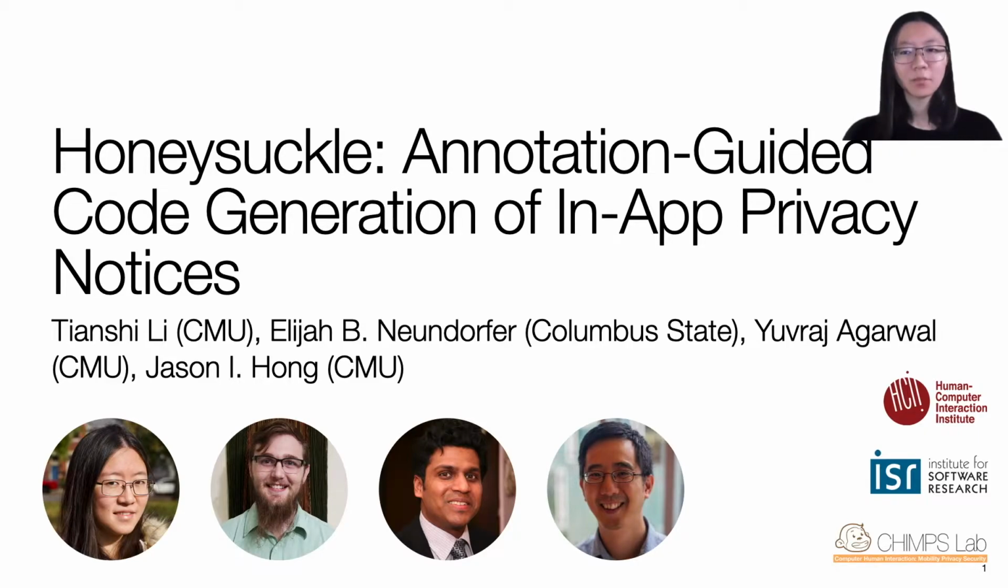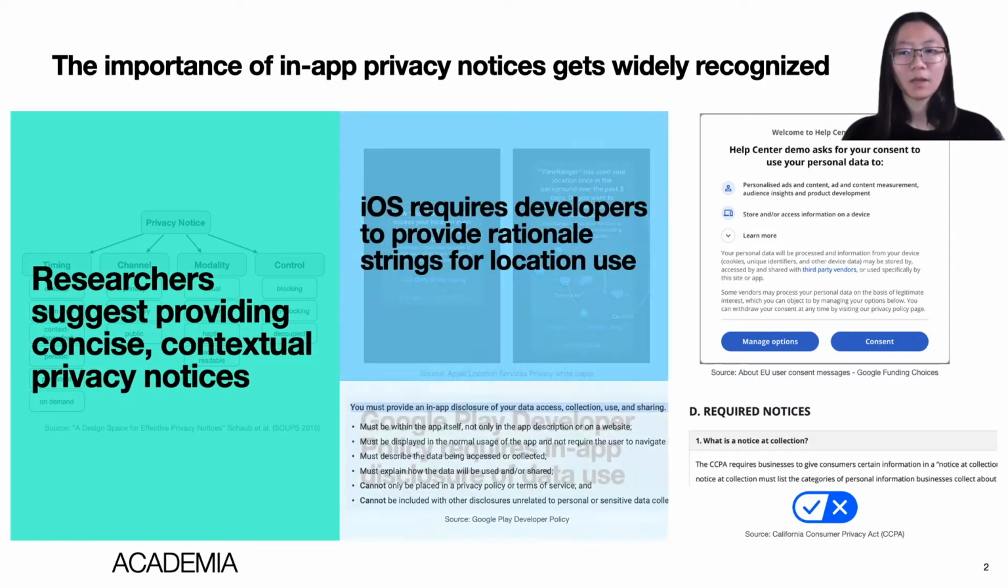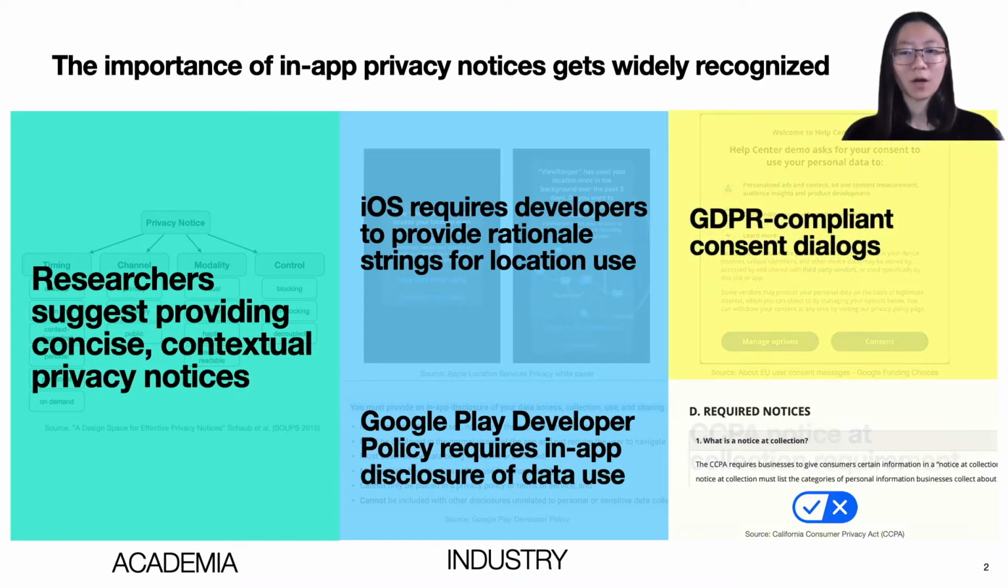It's my pleasure to present the paper Honeysuckle: Annotation-Guided Code Generation of In-App Privacy Notices on behalf of my colleagues. To improve the transparency of how personal data is collected and used, it is recommended for mobile apps to embed concise privacy notices within the app and show these in-app privacy notices in proper contexts. These in-app privacy notices have been advocated by academia, promoted by industry, and even required by certain privacy laws and